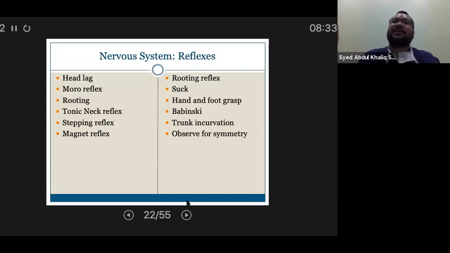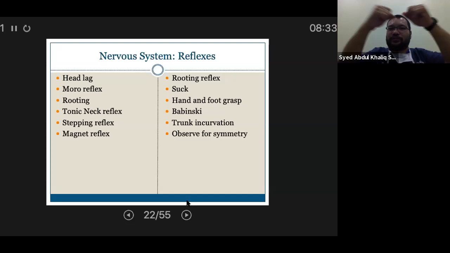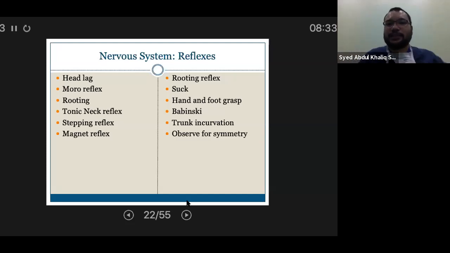So basically, it's when you drop a bit the head of the baby, dia akan stretch and then dia recoil. So this is Moro's reflex. Moro's reflex should be symmetrical. It should be present and it should be symmetrical. Bila Moro's reflex ni kalau ada, dia banyak abnormal. When a baby still has Moro's reflex, it is considered abnormal.